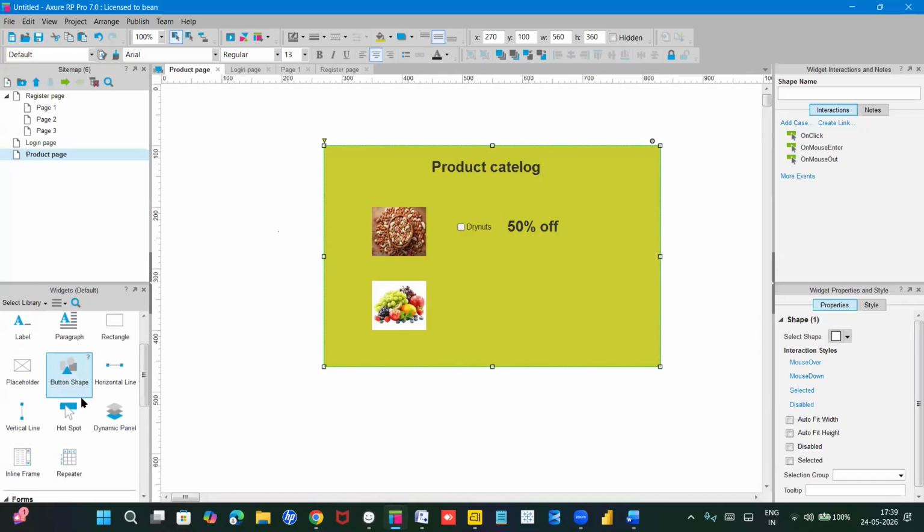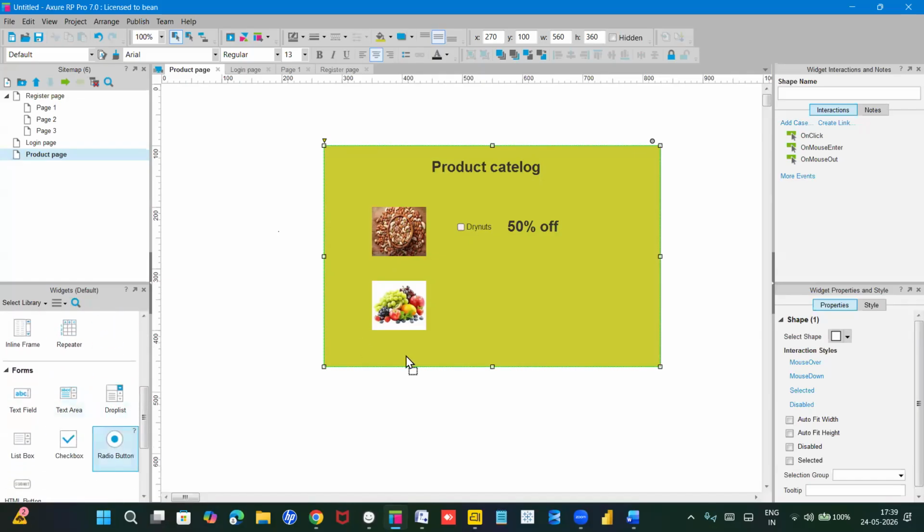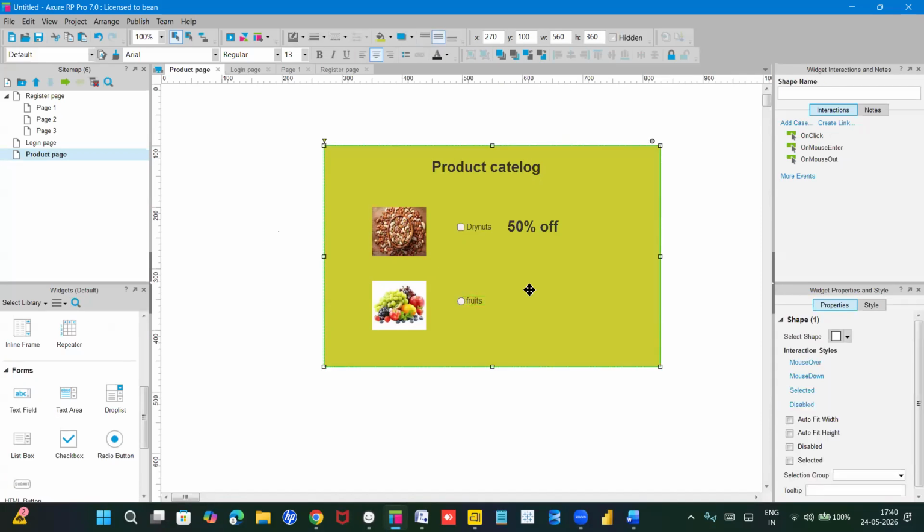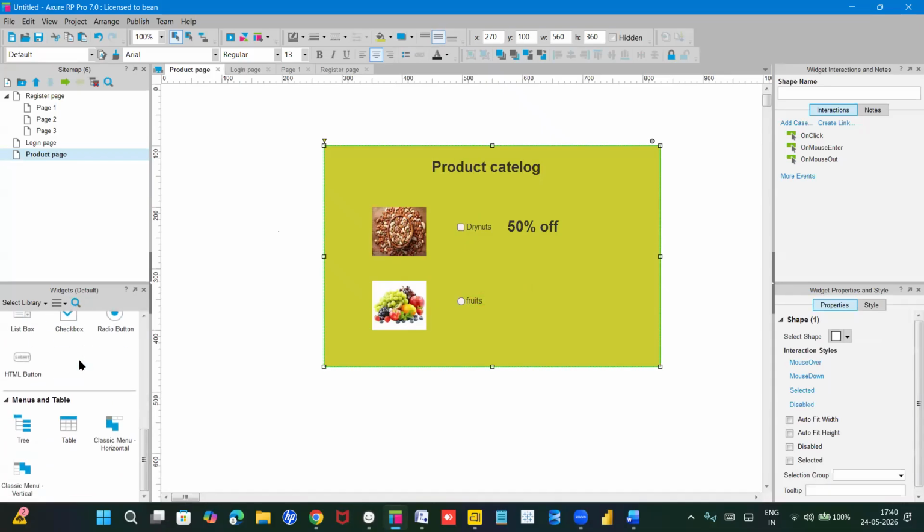So here, let me take the radio button again and let me rename it as fruits. Okay. So in this way, these are the products. If I want to select these items, I can select these items. And here, let me add